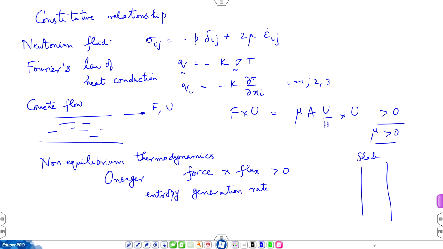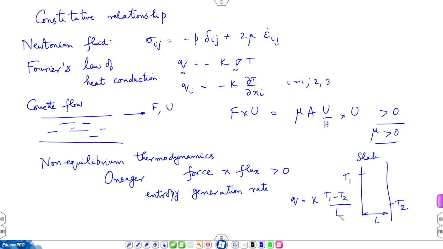So, this is a slab of some finite thickness L, and you apply a temperature difference across this slab, and then Fourier's law tells you that Q will be equal to K (T1 minus T2) over L,